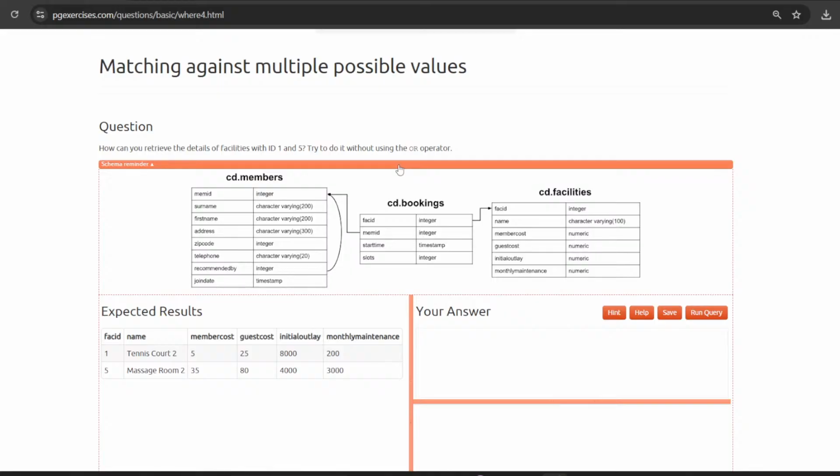Matching against multiple possible values. How can you retrieve the details of facilities with ID 1 and 5? Try to do it without using the OR operator. So I will explain you both. Select all from cd dot facilities where facility ID 1 or facility ID 5. So this is simple and straightforward. We use OR. Okay,